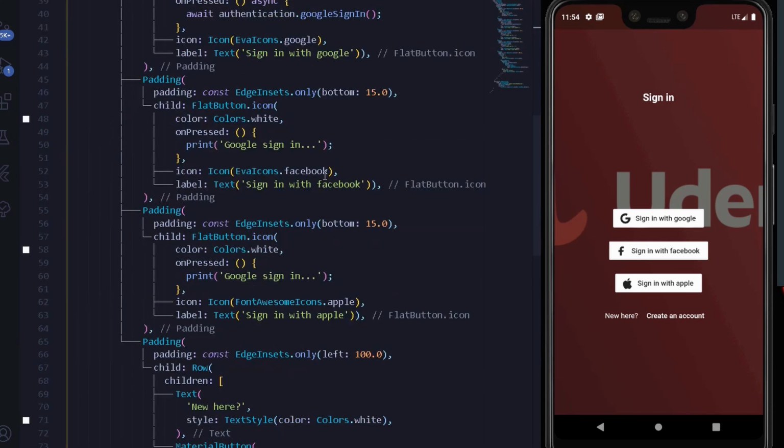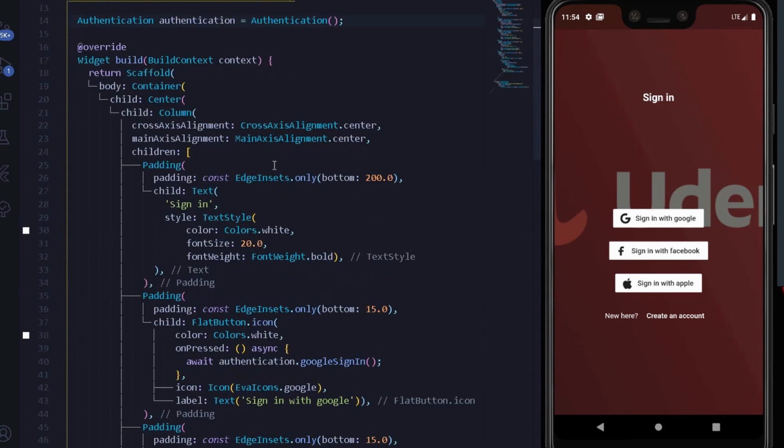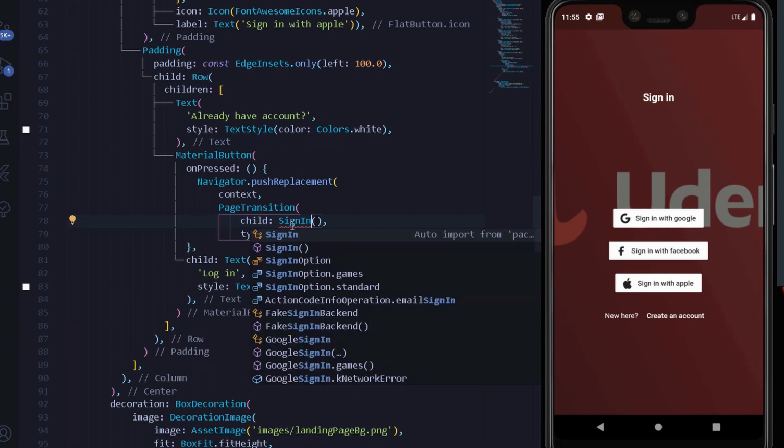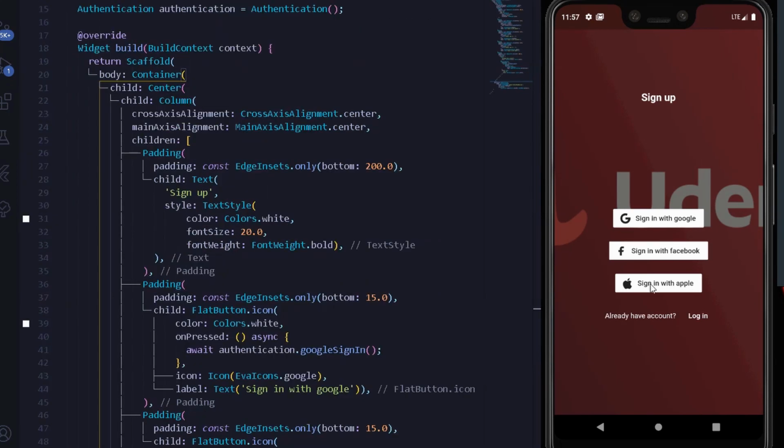So here we can also import our Font Awesome icons. Press Ctrl and S, and here I will simply write sign in. So here we have our sign up page as well, where the user can log in if he already has an account, else he can create a new account after signing in with Google. So my friends, this was all about for today. That is, we have successfully created Google authentication for the user along with a Firebase auth provider.